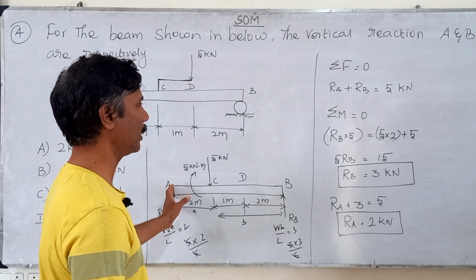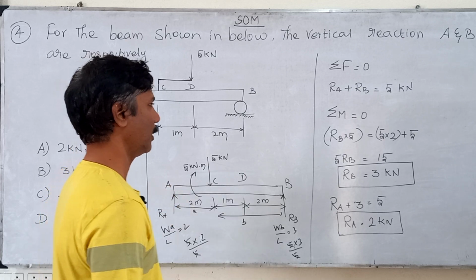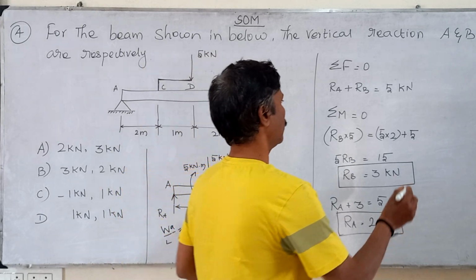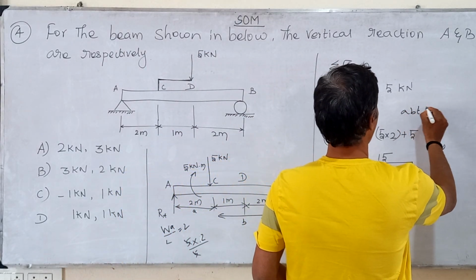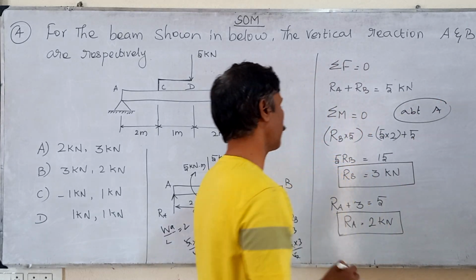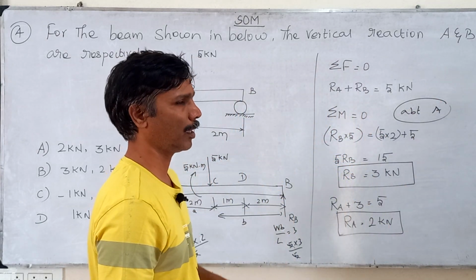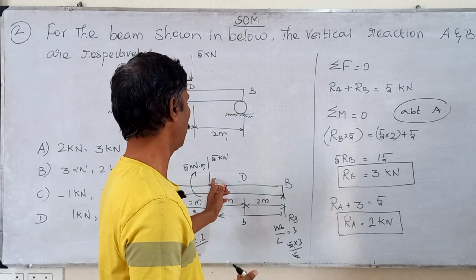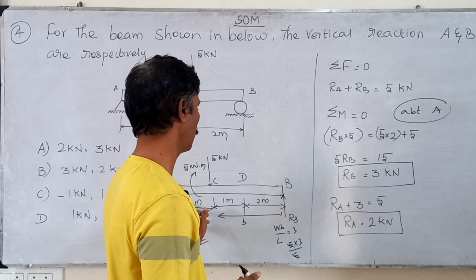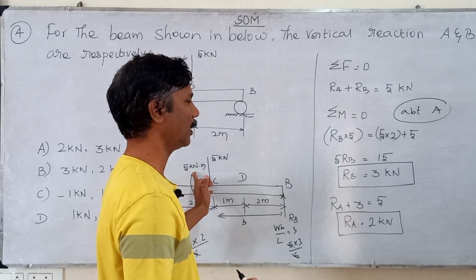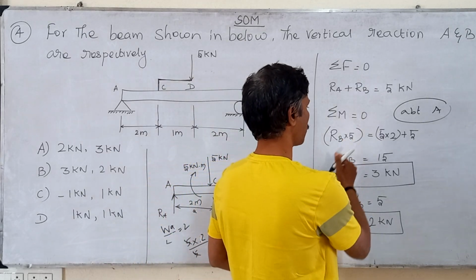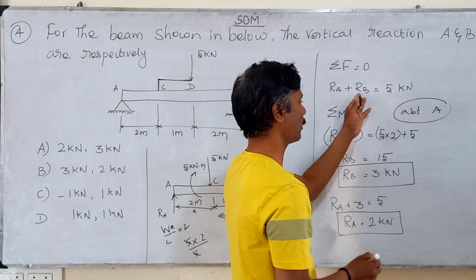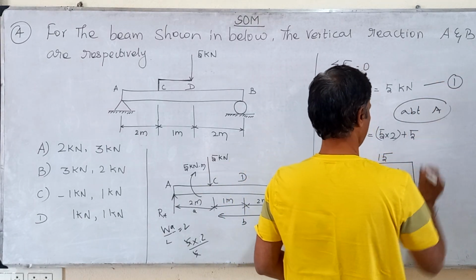Taking moment about A, Rb into 5 equal to the counterclockwise moment. 5 into 2 is a clockwise moment, and another clockwise moment is 5 is there. So 5 times Rb equal to 15, therefore Rb equal to 3. When you substitute in the first equation, you can get Ra equal to